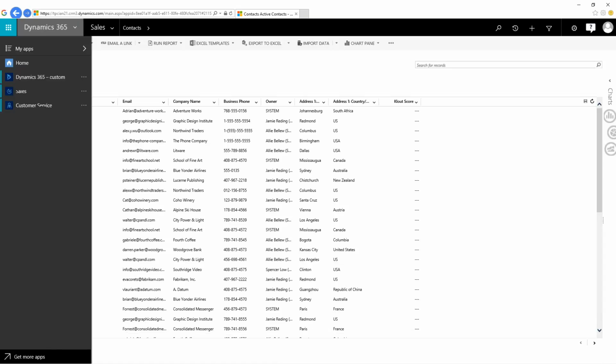What's different though is this Dynamics 365, when I click on it, I get a new panel that slides in from the side, which shows me my different apps. So if I want to switch from sales to customer service, remember, we can license our employees and staff differently, so some people only access sales and some only customer service. In this case, I have access to both.